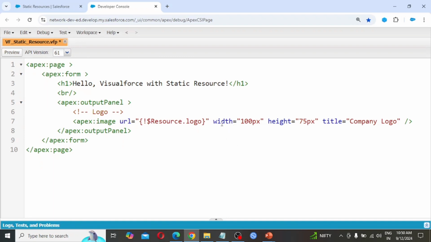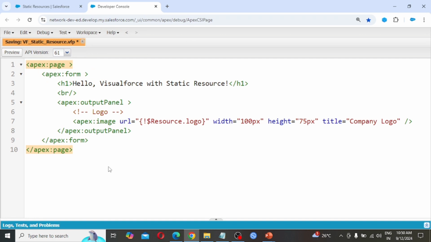Here we are taking the width of that image file as 100 pixels; we can go as per our need. Height 75 px, and title I am taking company logo. Closing the output panel, apex:form and apex:page.